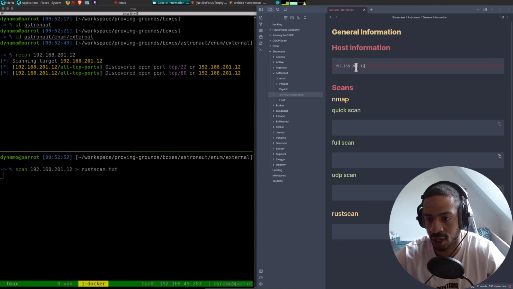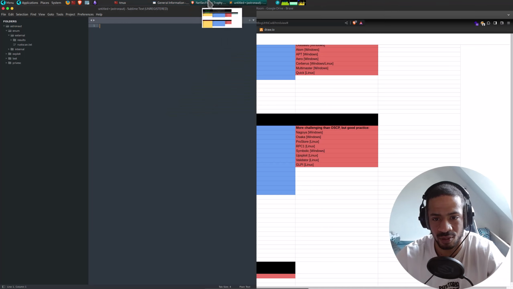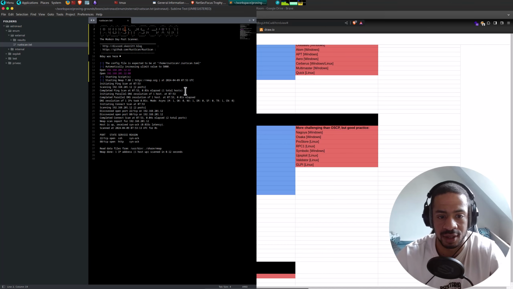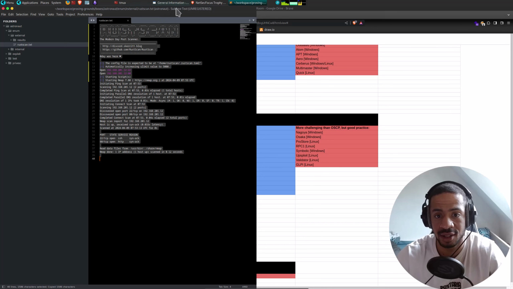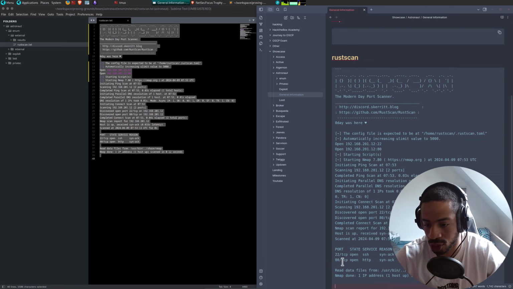We're going to put the IP here. The computer's going a bit slower. Recon sometimes causes my computer to go a bit slower. I don't know what that's all about, but it's okay for now. Let's filter that to ANSI and take the Rustscan over here. We've got two ports, port 22 and port 80.